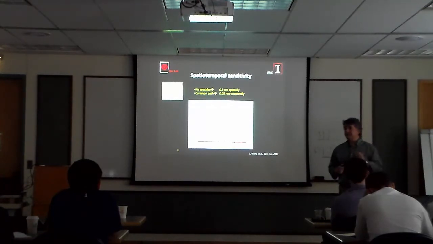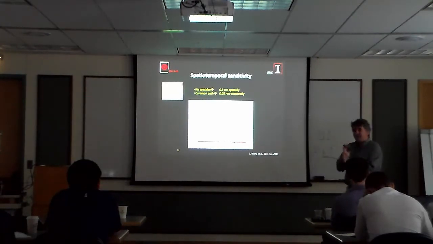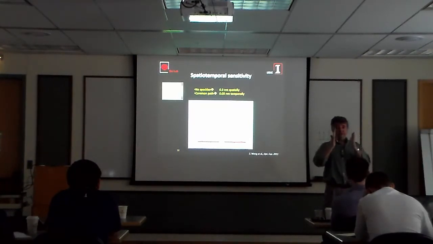Path length, optical path length. But you said this is common path, almost, right? There's no really mismatch between the path. Let's be careful. You cannot make it perfectly common path because then you measure 0. But if you measure the interference between this light and that light, the phase is locked in place, but is not zero.